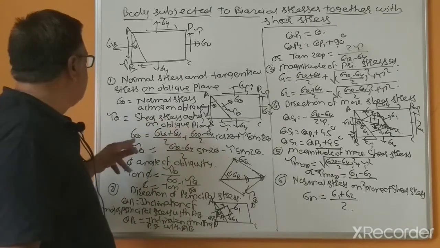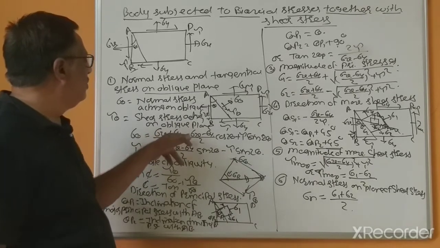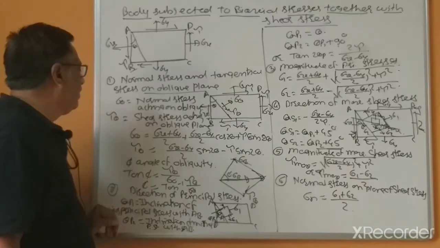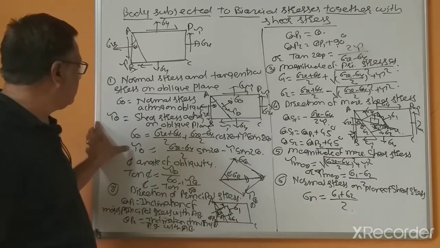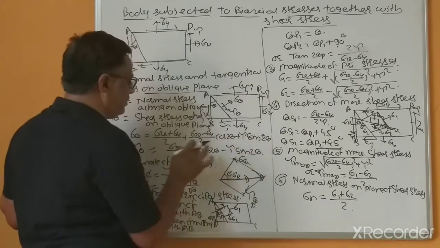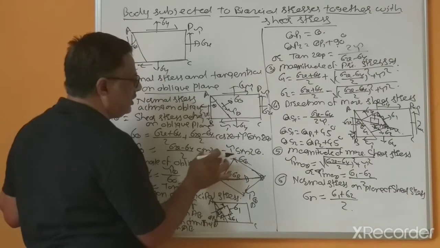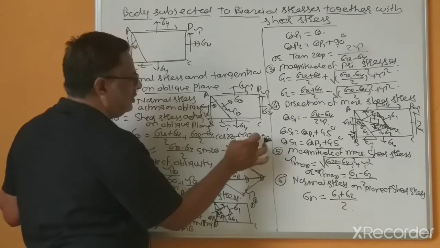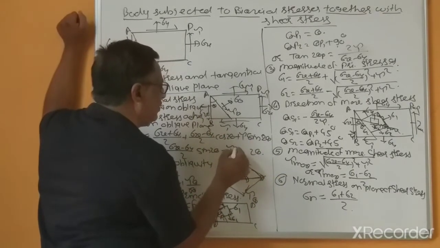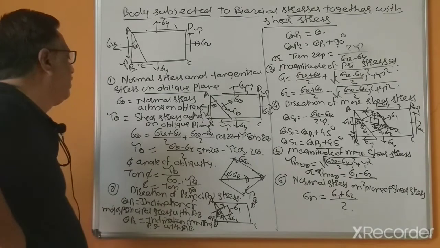Sigma theta equal to, as I already explained in the last lecture, sigma x plus sigma y divided by 2, plus sigma x minus sigma y divided by 2 cos 2 theta, plus tau sin 2 theta. Now tau theta, the tangential or shear stress, is equal to: here we consider the first and second terms, and the third term, sigma x minus sigma y only. Instead of cos 2 theta we change to sin 2 theta, and minus tau instead of sin 2 theta, here you have to consider cos 2 theta.